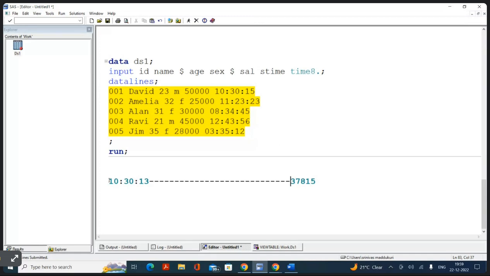If it is night 10:30, how would it be? 22. So 10 means it's morning, AM. So what's the relationship between 10 o'clock, 30 minutes, 13 seconds and